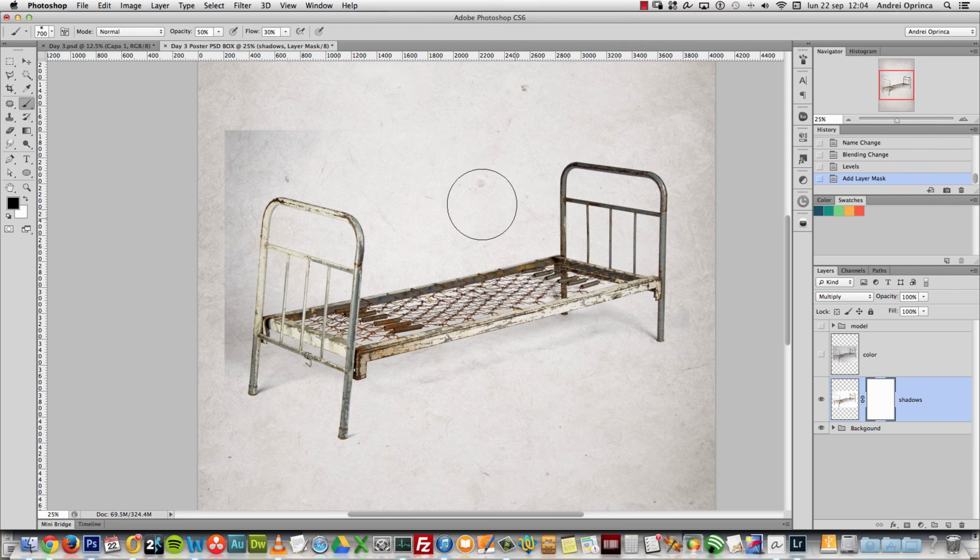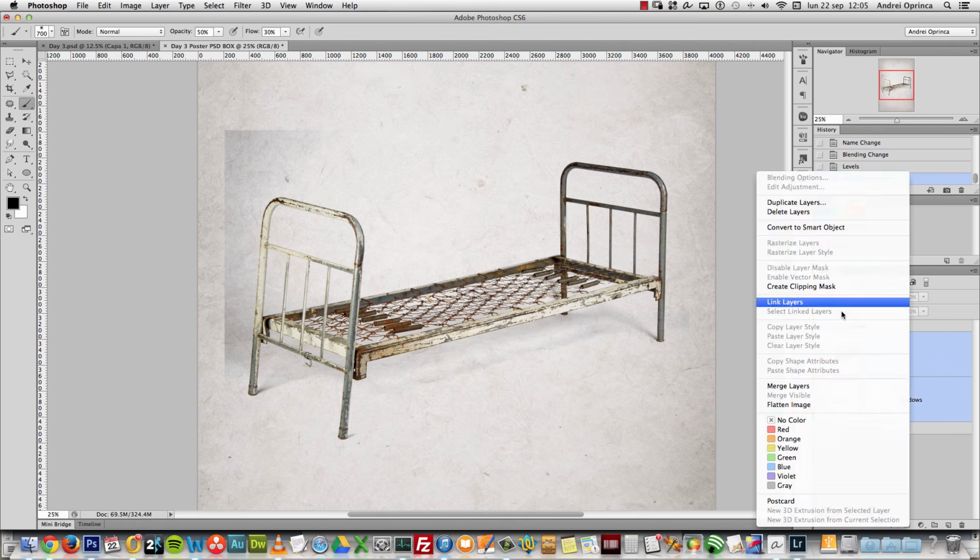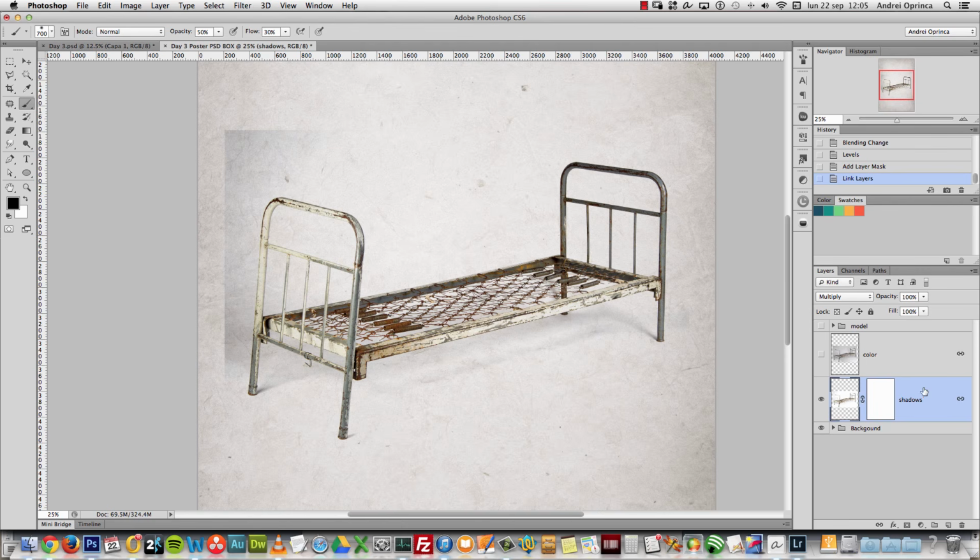When you use this technique, make sure you don't move the layers. The best way to avoid that is selecting both layers and choosing link layers. That way, if you move one layer, the other one will move with it at the same time. So, oops, let's paint on the layer mask with black at 100% flow and opacity, and just